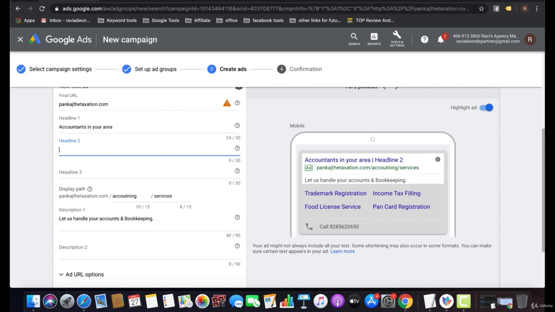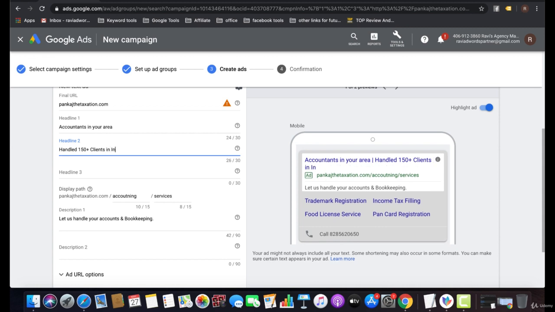That I already put in the first ad. Now I need to think differently from the first ad. You can go with a different description as well, but I am not going with a different description.